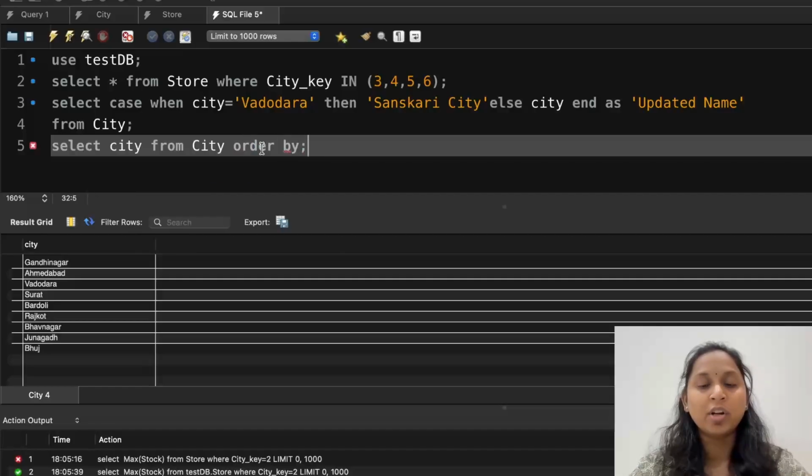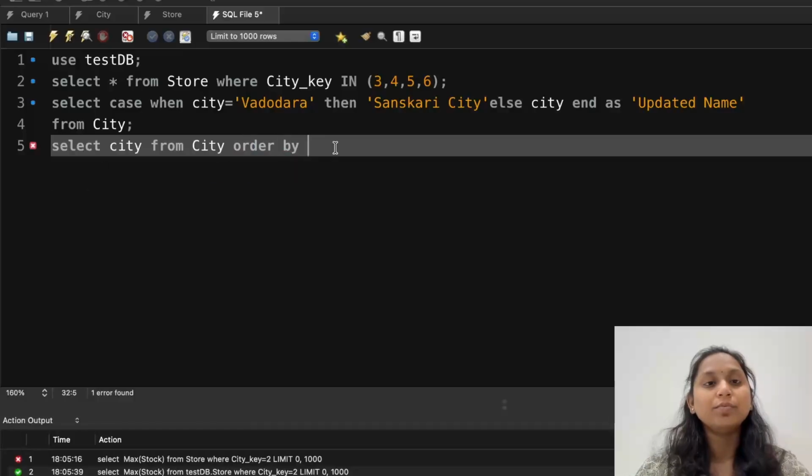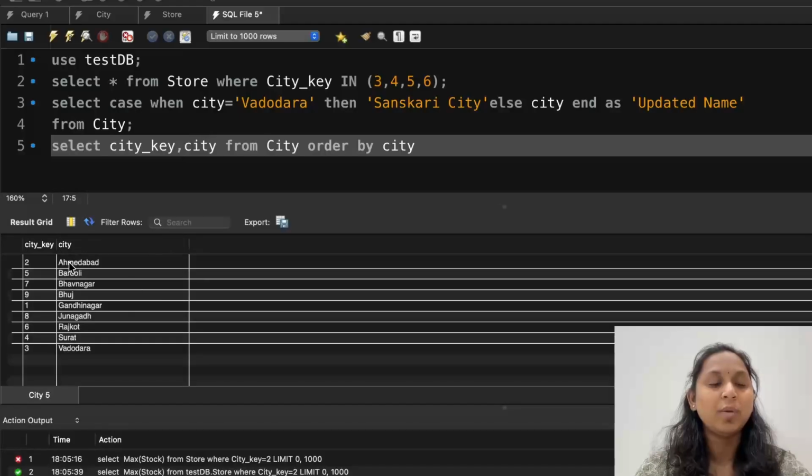By using the order by clause. If I simply use the order by clause, after order by you have to provide a column name on which you want to sort. There can be more than one. Let me write a city key and city name. Both things are there, but I only want an order on city. Then can I? Yes. Let me run. Now you see Ahmedabad is first, Baroda is second, Bhavnagar. Why are Bardoli, Bhavnagar and Bhuj in this order? You can check the second alphabet, and if the second alphabet is also the same, you check the third alphabet. Okay, this way your sorting will work.